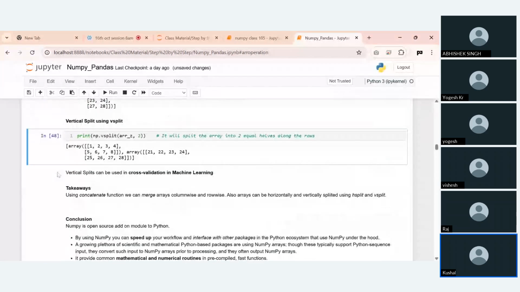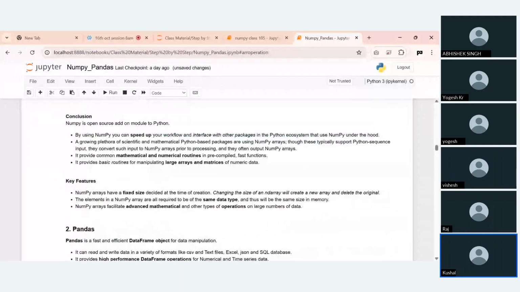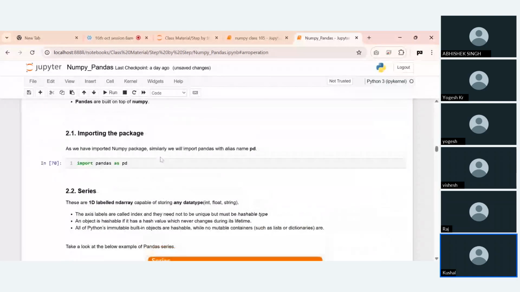So this vertical can be used in cross validation in machine learning. Okay. So overall now